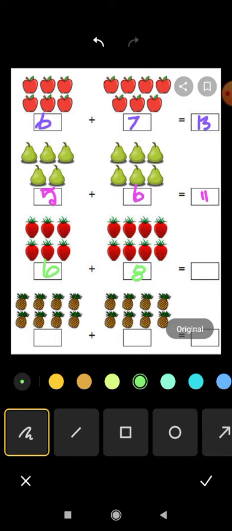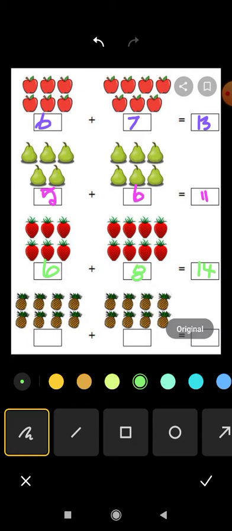Next, the total objects, we are going to count putting both of them together, left and right, adding together. So from the beginning you are going to count it now. Start counting, my dears: 1, 2, 3, 4, 5, 6, 7, 8, 9, 10, 11, 12, 13, 14. So how many objects do we have in total? 14. So in the right side box you are going to write the answer 14.